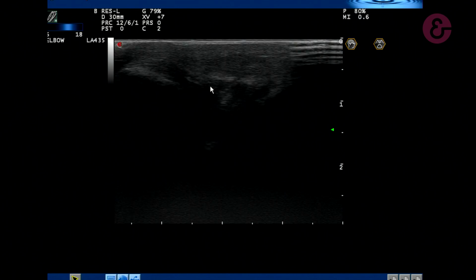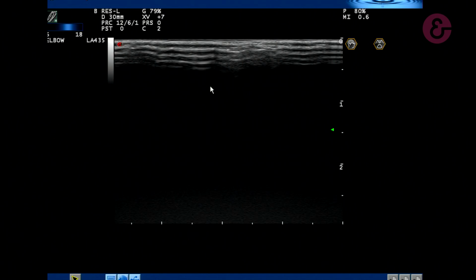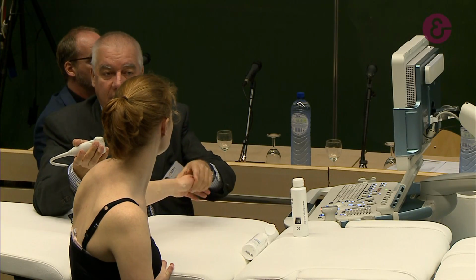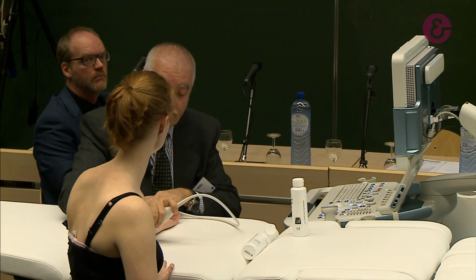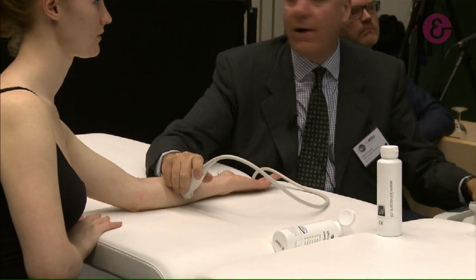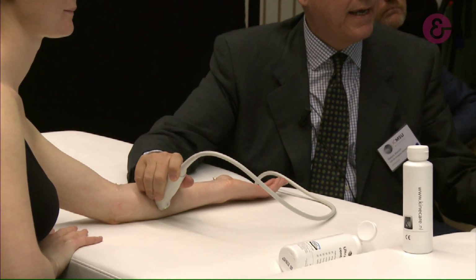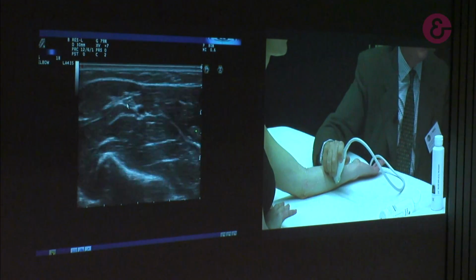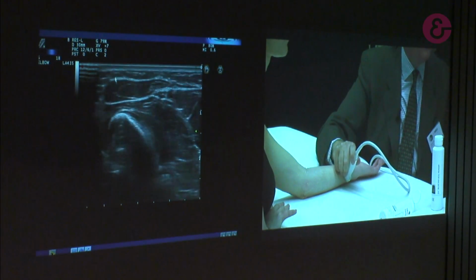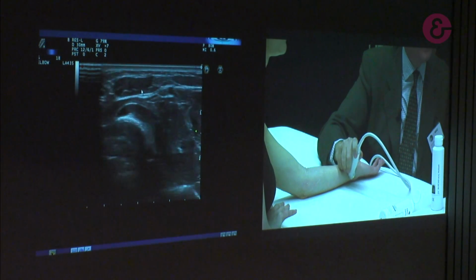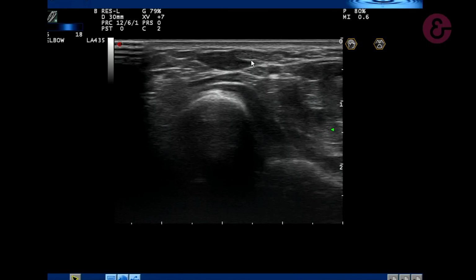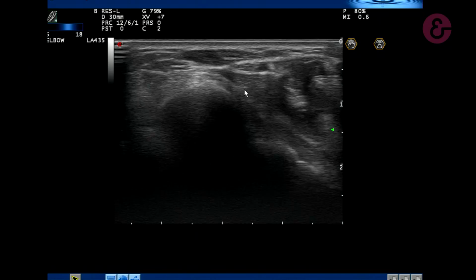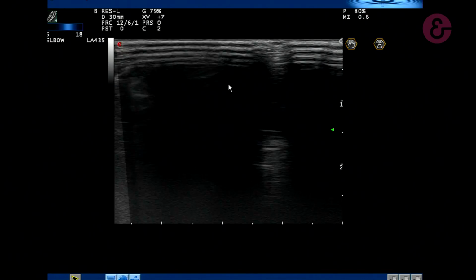So I usually look for the ulnar nerve on the arm, the cubital tunnel, and then I move to this position to look at the Guyon tunnel. So I try to locate my nerve over there, the artery, so I'm sure I can explore every segment of the nerve, the artery coming from the deep, the nerve, and I can move this way. And I can follow the muscle, which becomes smaller and smaller, and the tendons become larger and larger. At a certain point, you can also appreciate other structures, in particular,